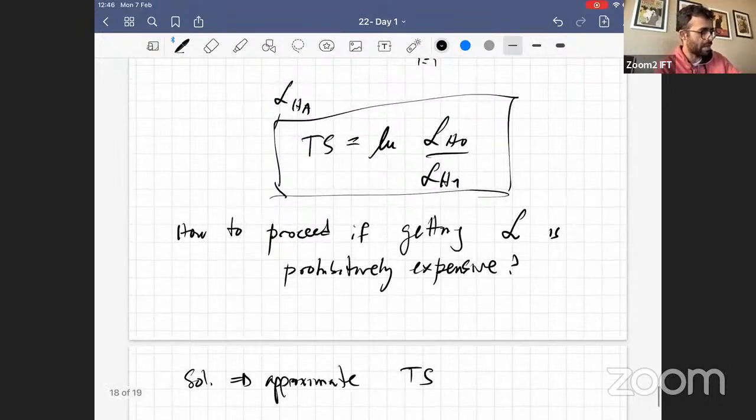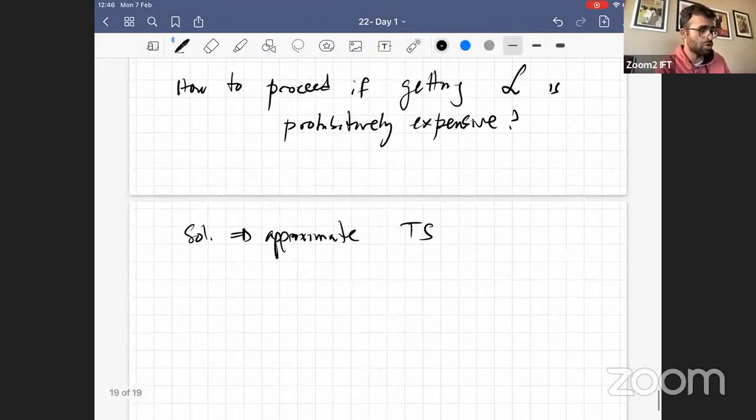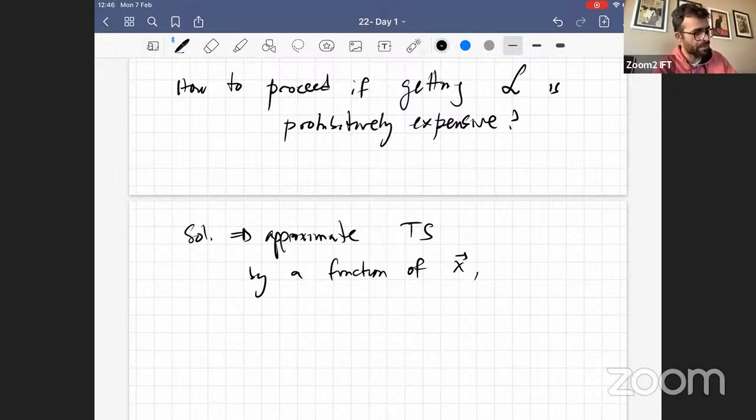Instead of trying to build the exact likelihood ratio, you approximate it by a function of X, and then you fit the parameters of that function